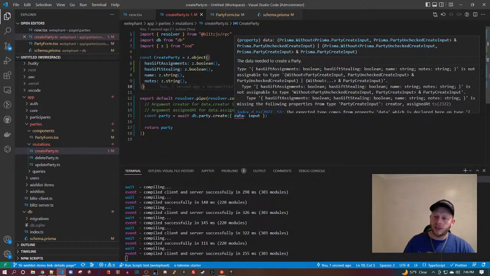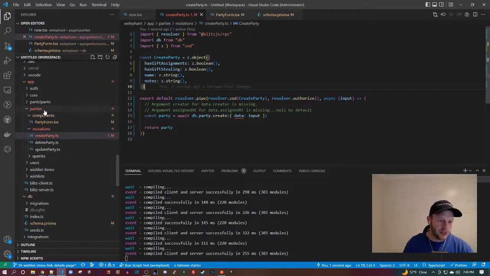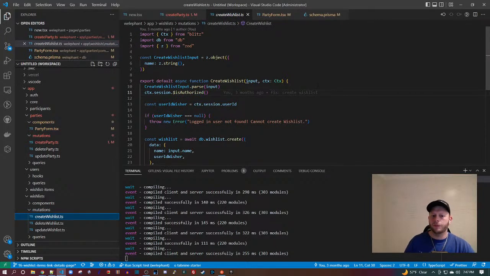Okay, so this is still giving problems. Oh, because we need the creator? Yeah. So I need to validate that you're signed in. I already have another component that does this, so let's do this again. I'm going to go for wish list, maybe create wish list.